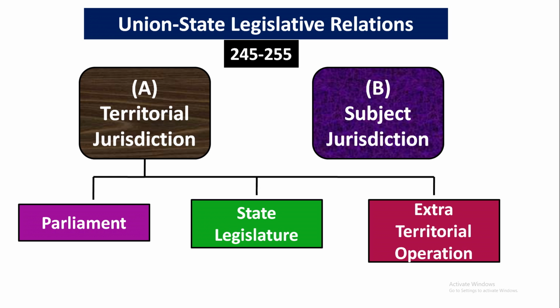So far as legislative relations are concerned, the Parliament of India can make law relating to the items given in the union list on the basis of a territory. The Parliament of India can make law throughout the territory of India, and even for the citizens living abroad. Besides that, for the citizens living abroad,